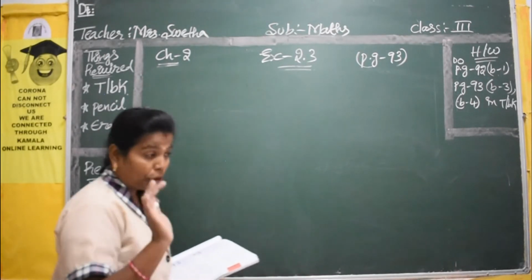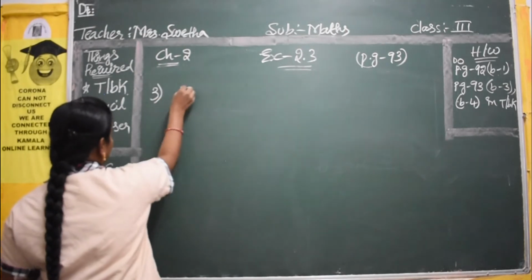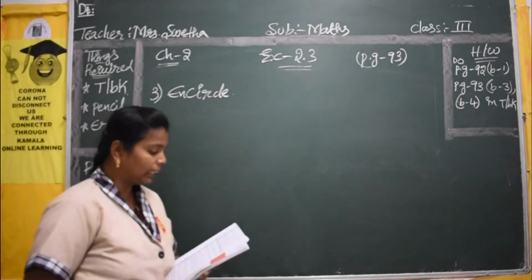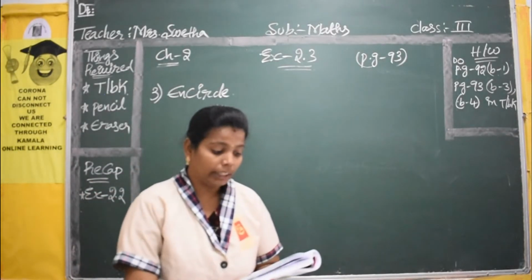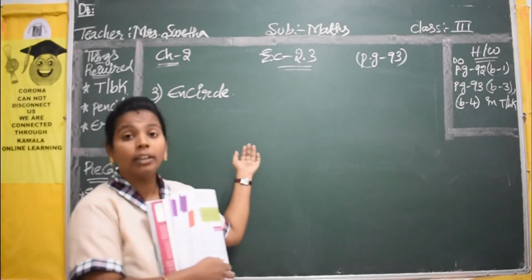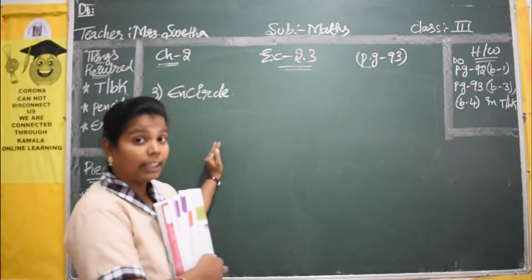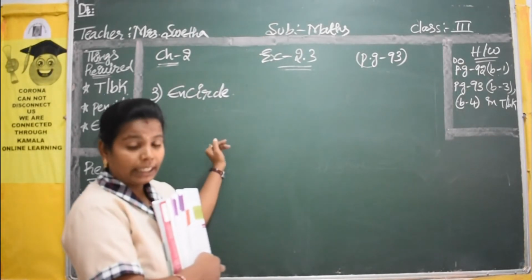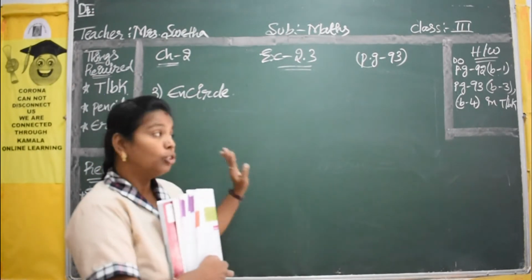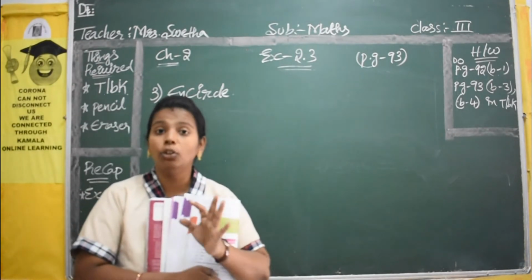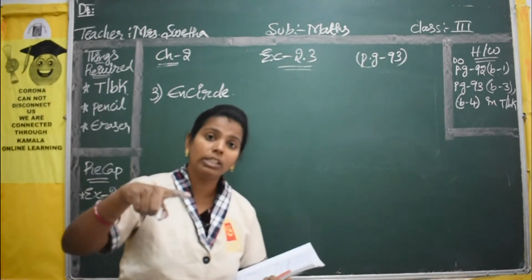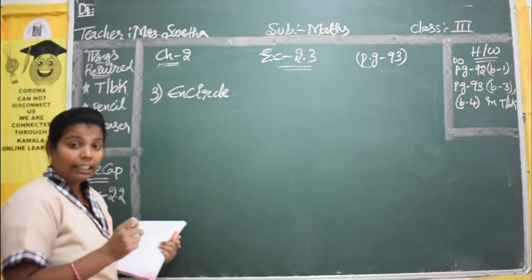Okay, so now you have to see your third bit. What is it? You have to encircle. Encircle means you have to circle. What you have to circle? Circle the greatest number in each of the following set of numbers. So how we have checked now for writing the symbols? We have checked the greatest and smallest, and equals to symbols we have used, and we have found out which is greater number, no? So here also you have to check like that, and you have to circle the number. In the previous bit we have used the symbols. In this bit we are circling the greatest number.